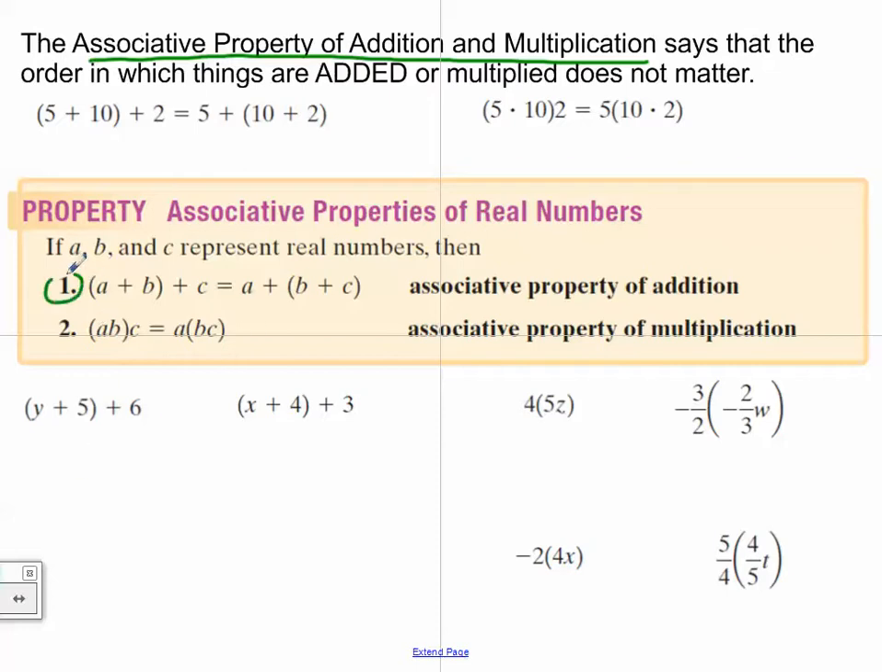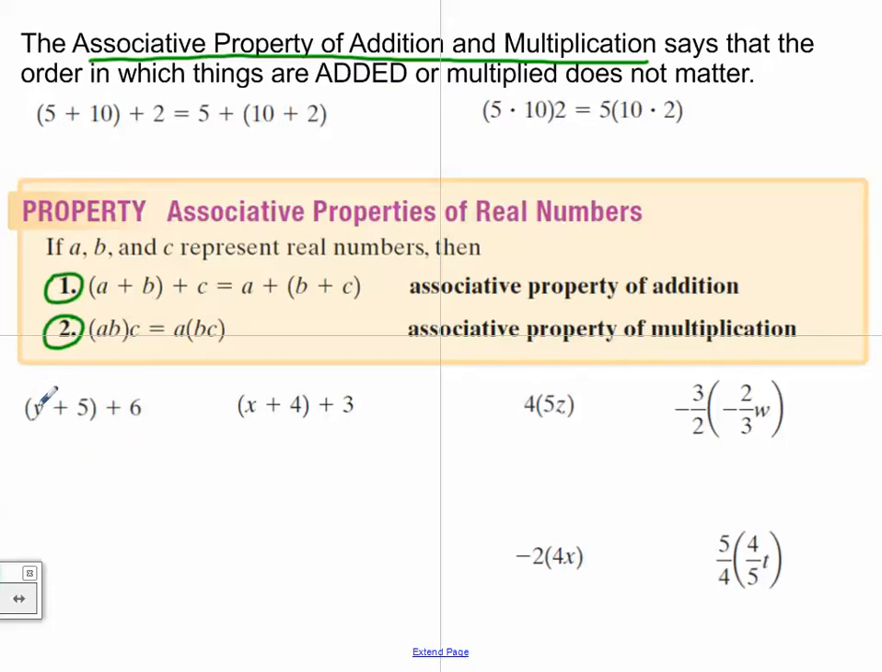Here are the official properties right down here. A and B can be associated together, or B and C can be associated together, as long as all of them are added together or all multiplied. Same thing holds true for A times B times C: if you're associating A and B, you can also associate B and C together to make things maybe prettier, or